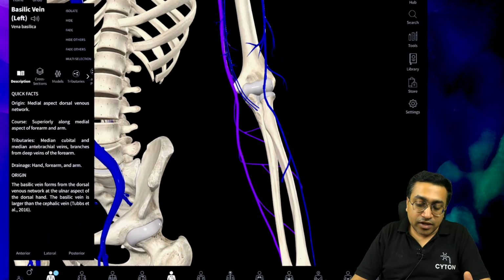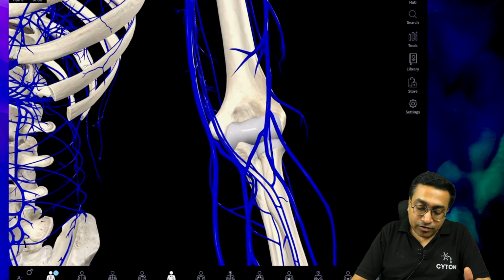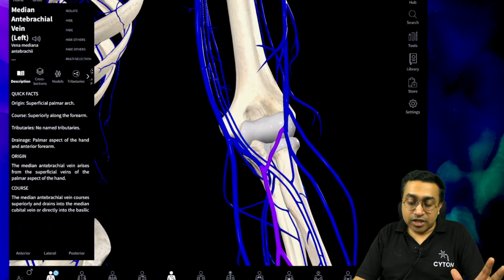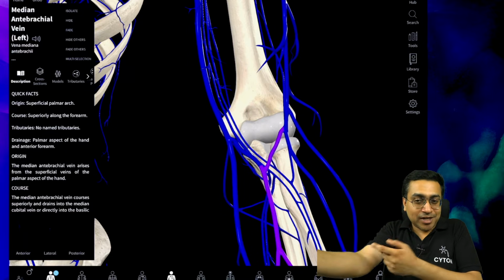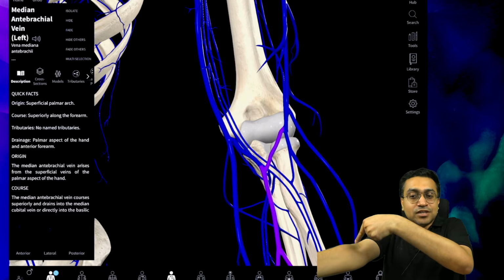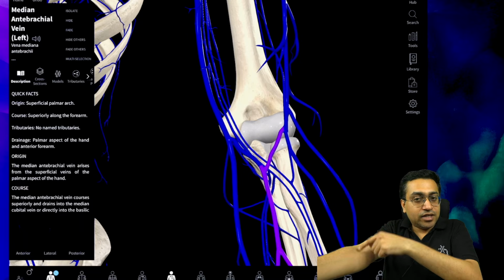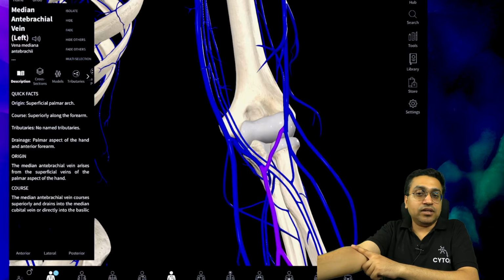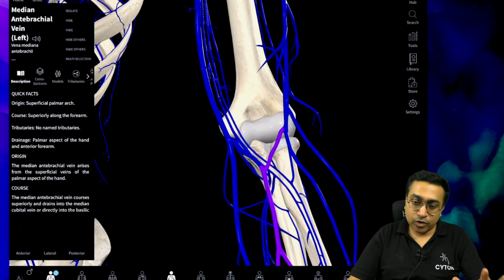The axillary vein and the, if I just add, okay, now I have added some other veins also. Here is a very important communication. This is the median antebrachial, or I can say cubital vein. If you have given your blood samples ever in your life, the phlebotomist who comes to take your sample punctures the vein here, if you have noticed, right? So he finds the vein in this region and he punctures, takes the sample. So this median cubital vein or median antebrachial vein is the most common vein used for the IV sampling.